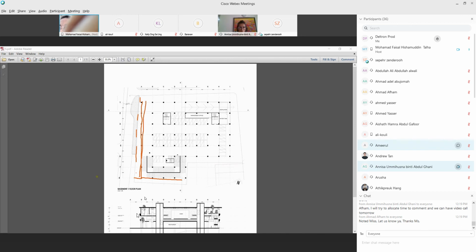Yes or no? Yeah, but if I make this line parallel, I would have a problem in the other area. I mean, this. Why can't I draw? Which area is it?